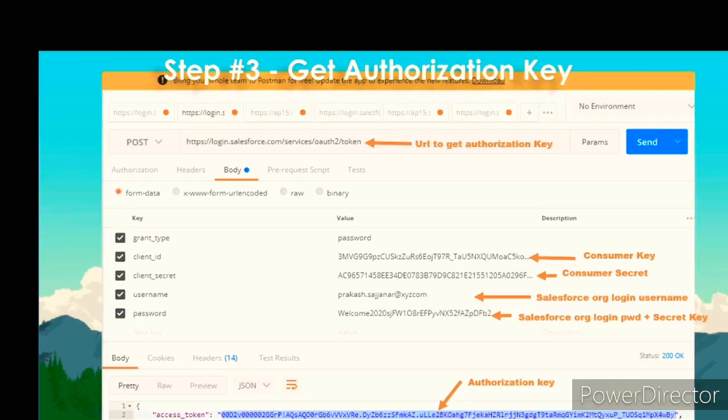In step 3, we need to get the authorization key. As a first step, we need to enter the URL like login.salesforce.com/services/OAuth2/token. So this is the URL to get the authorization key. So in the body,